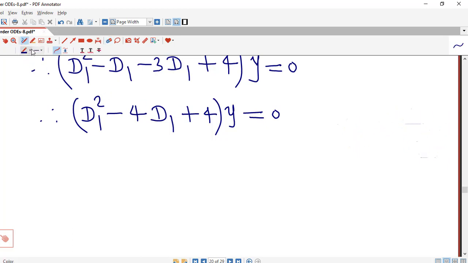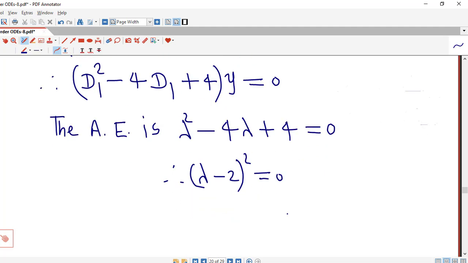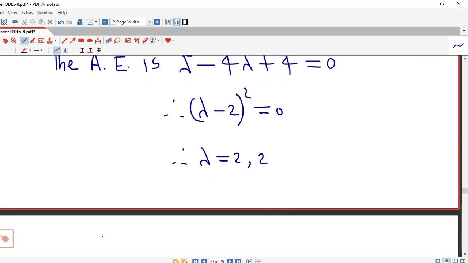So we solve this by earlier methods. Now this is a homogeneous differential equation, so it is easy to solve. We write its auxiliary equation by replacing D1 by lambda. So we have λ² − 4λ + 4 equal to 0. Now this is nothing but (λ − 2)². So we have a double root, λ equal to 2. Therefore the general solution is